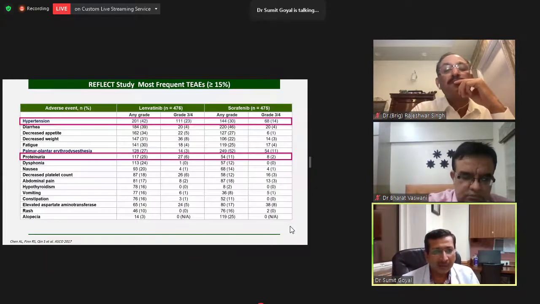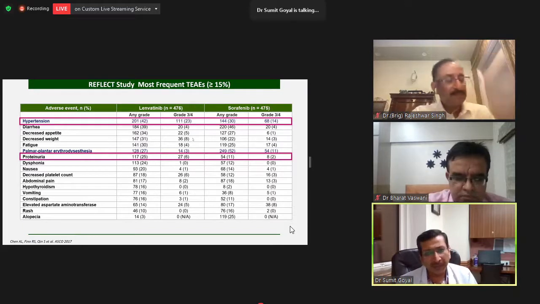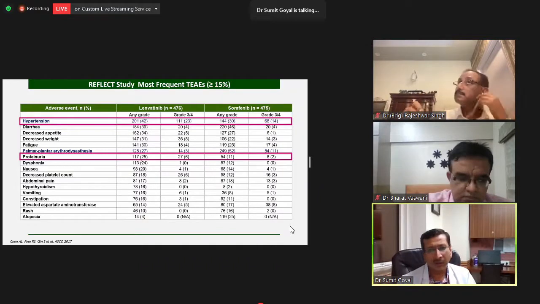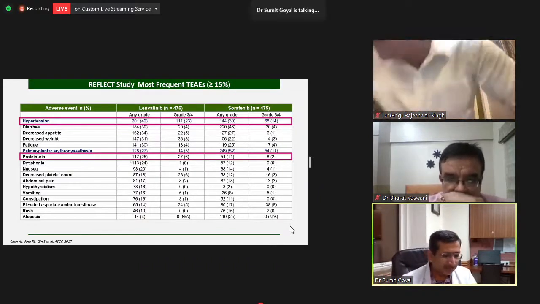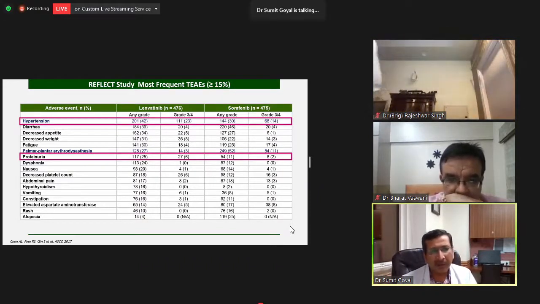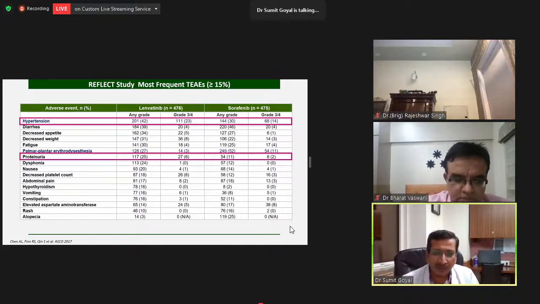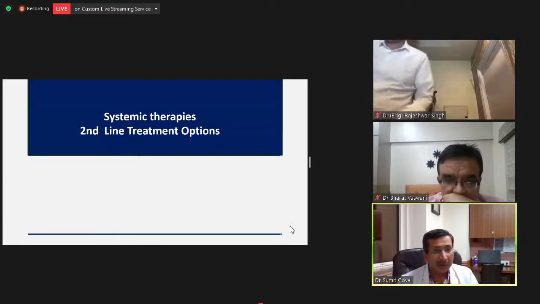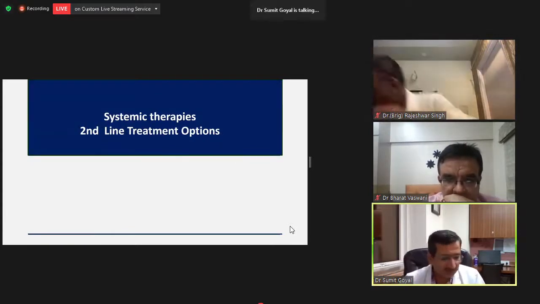Same thing again, but we know the side effect profile. This was comparable and better manageable. The only thing different was hypertension and proteinuria. And we all know by now that lenvatinib in terms of tolerance is better. So the conclusion from this was, it's a good molecule, and median duration of study treatment was higher with lenvatinib due to better tolerability. In the second line, the options that we have today are,